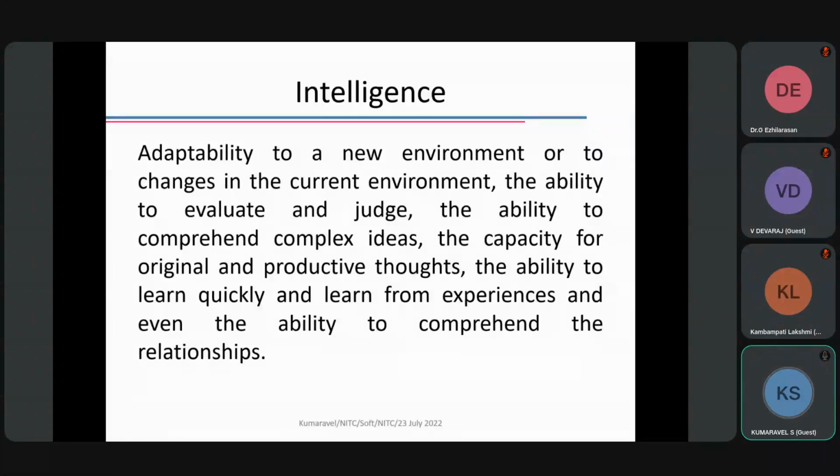Now we are moving to the next part of our lecture. The next part will be talking about intelligence. That is our agenda, artificial intelligence. First of all, what is intelligence? Because the words smart and intelligent have similar meanings and are used alternatively in our literature. Before going to artificial intelligence, let me check what intelligence is first of all.